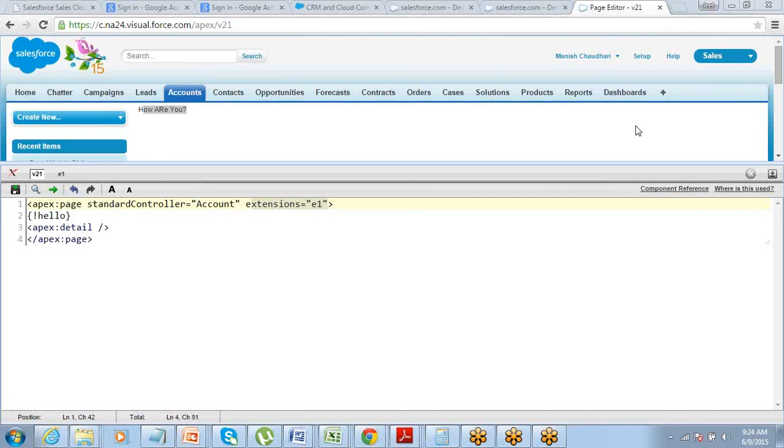Can we do that? So tomorrow we will see that, and tomorrow we will start talking about triggers. So that's the next level of Apex programming, how we use Apex without the Visualforce page, right? So that's it for today. In case you have any question or doubt, please let me know.